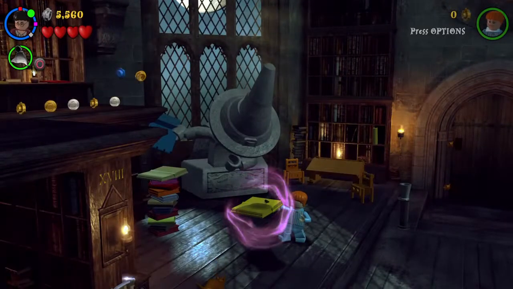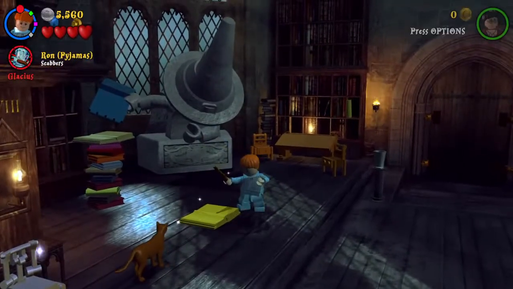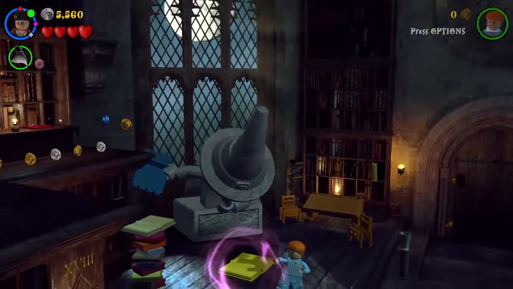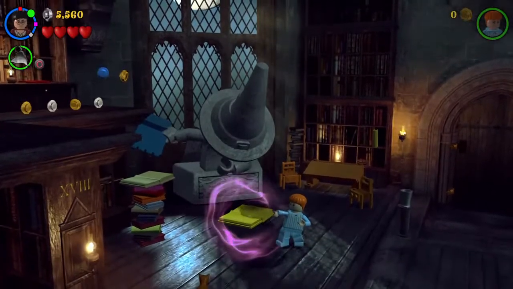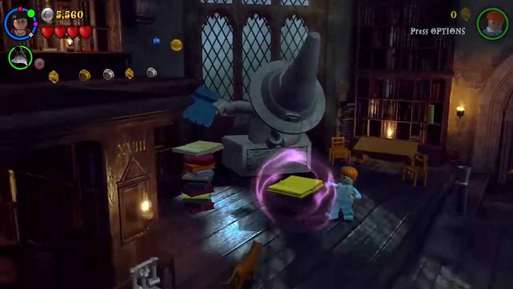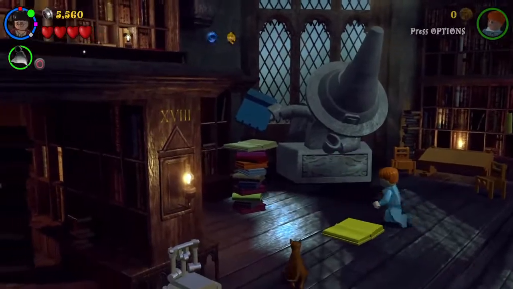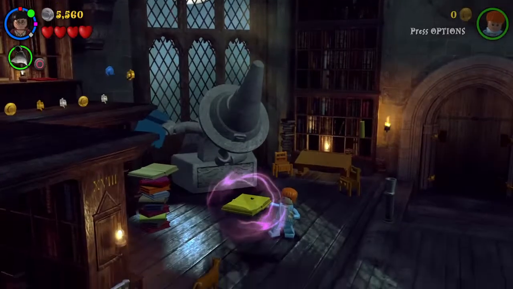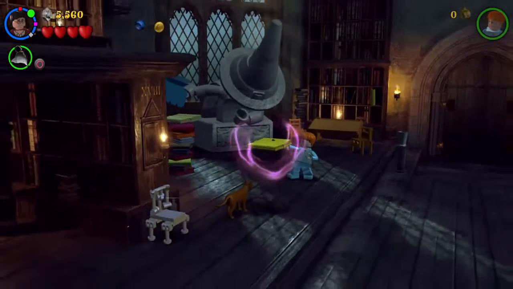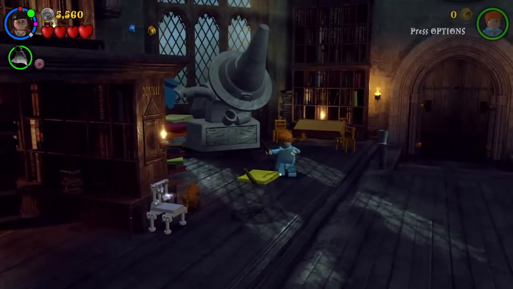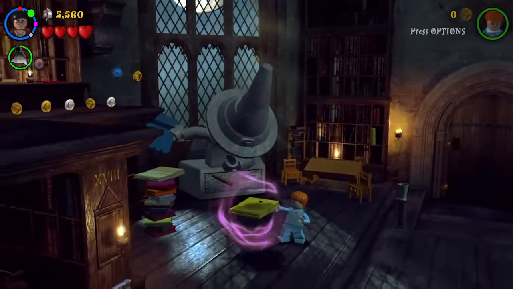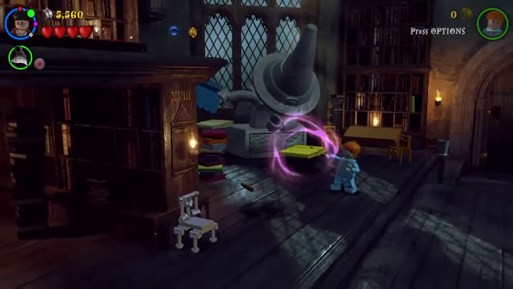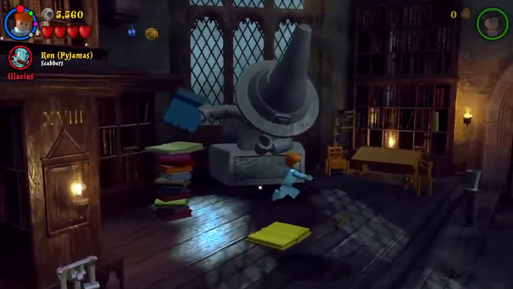Ron, can you use the... Okay, never mind. Ouch. This is so frustrating. Oh my god, this is the worst. Why is this taking so long?